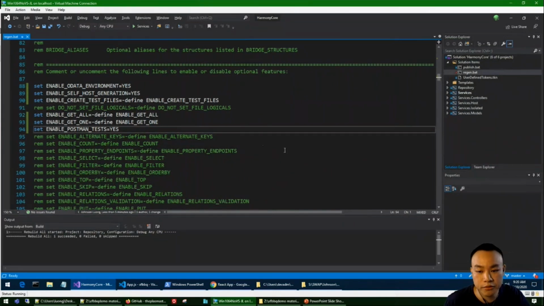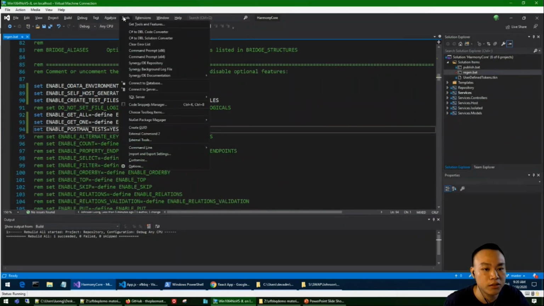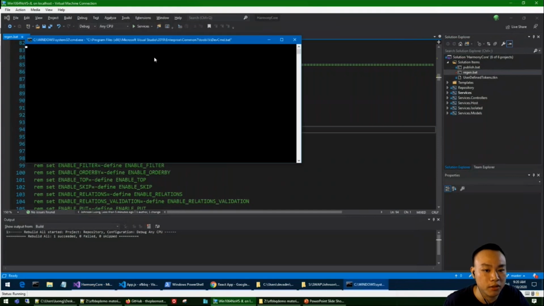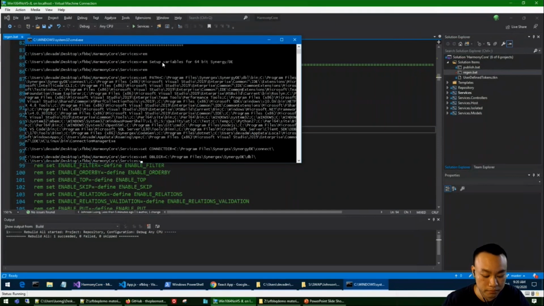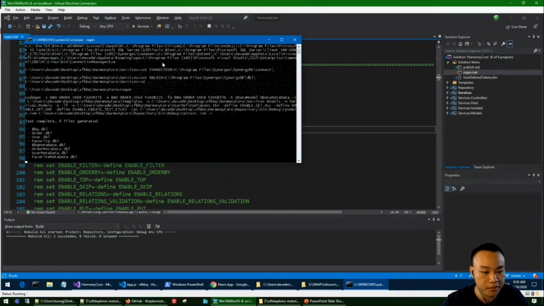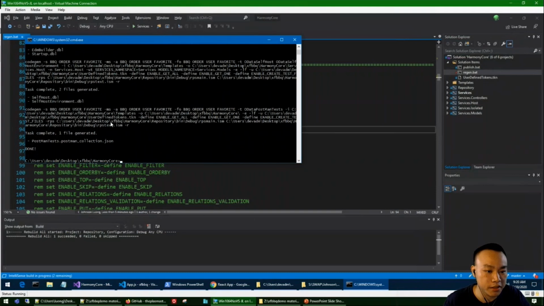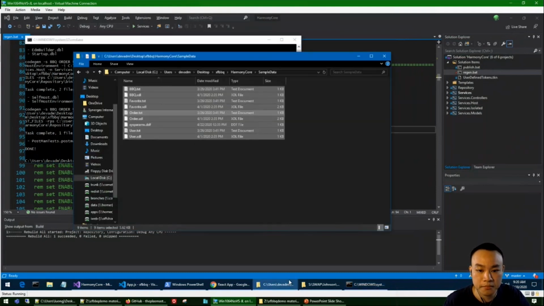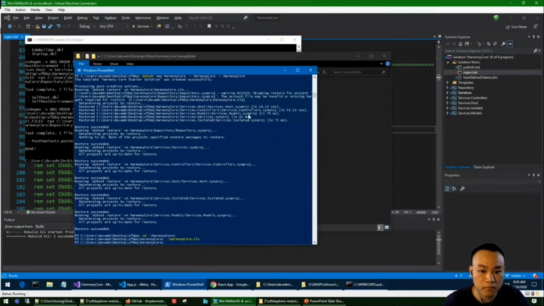And then we need to generate these files. I'm going to go to Tools, Command Prompt, cd up1, type regen, and that's going to regen all these files for us. And then we need to add them to the solution. I'm going to go ahead and do that now.